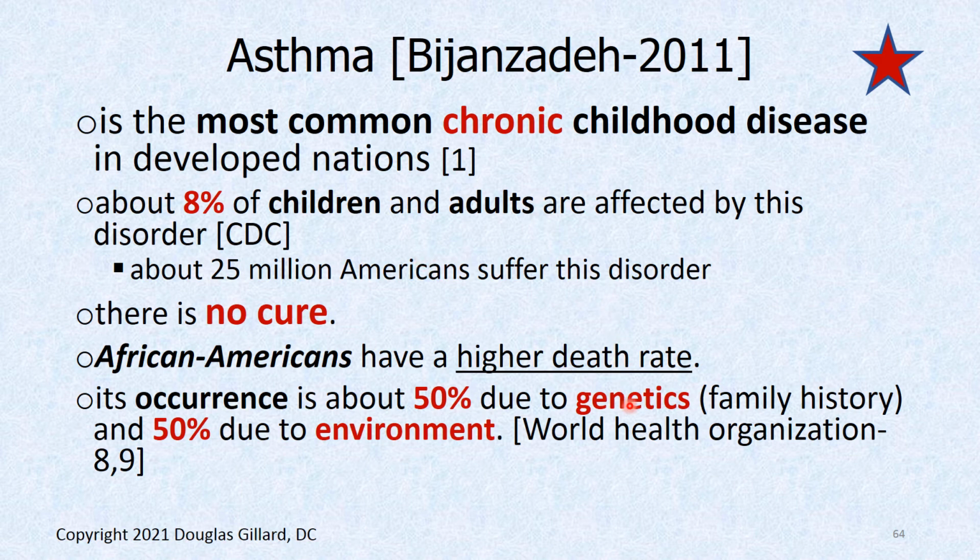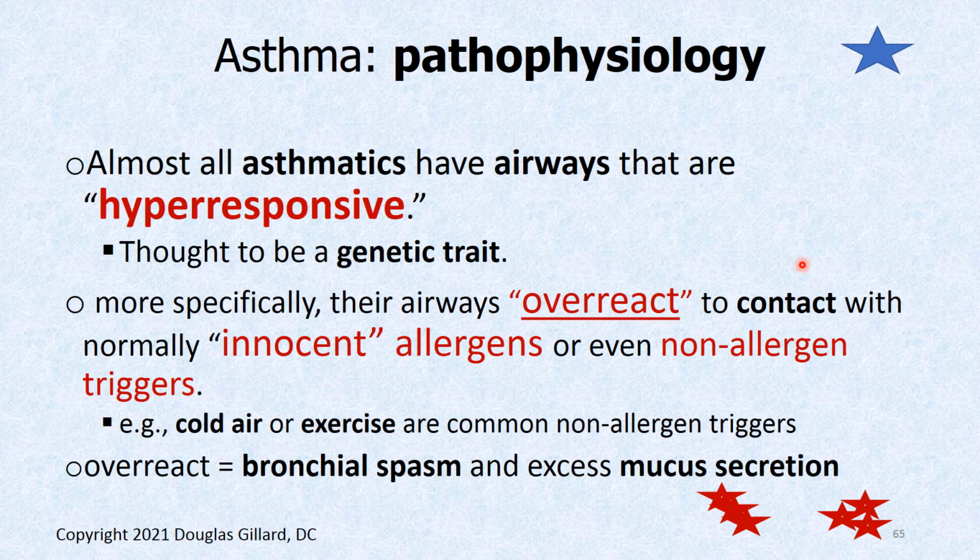One of the big problems with the genes is they cause a hyperreactive airway, and almost all asthmatics have a hyperreactive or hyperresponsive airway. What does that mean? It means that you get one little allergen in there, and the smooth muscle goes crazy and causes a spasm, a bronchial constriction of the tube, when normally you should be able to tolerate a few allergens. So you're overreactive to this thing,